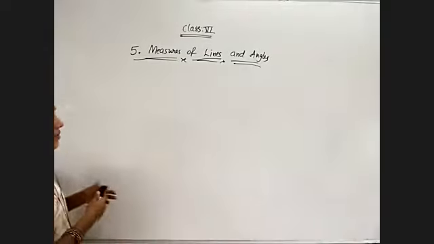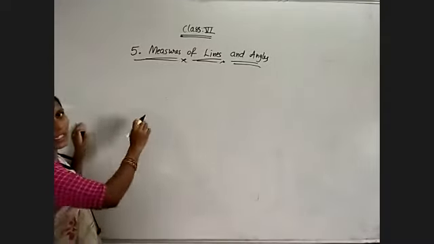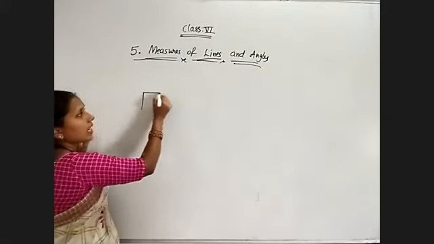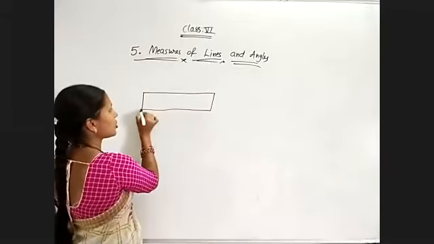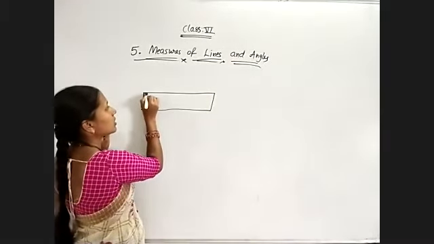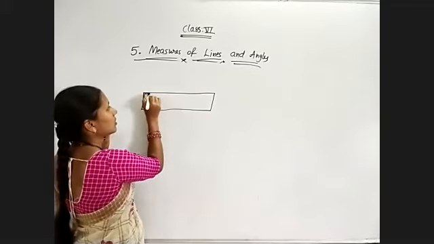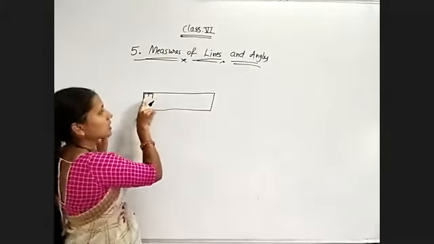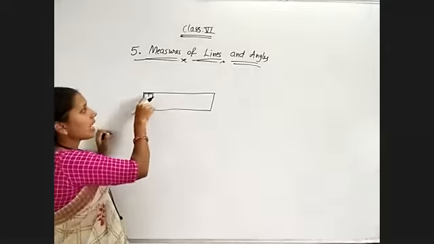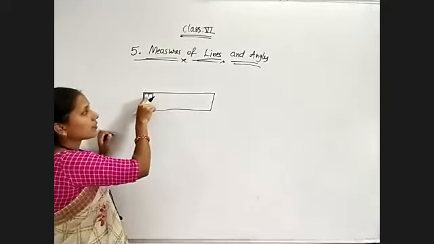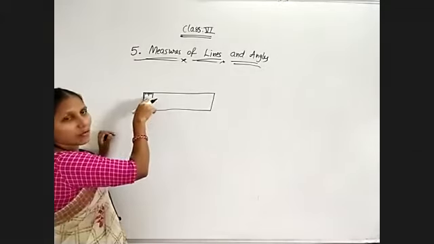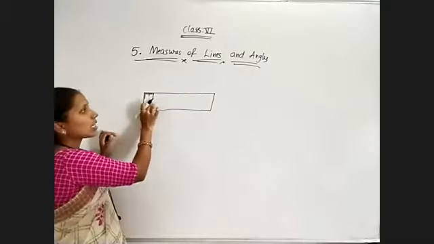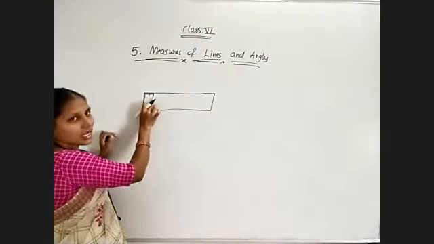So now I'm going to discuss the different instruments we use in the construction of those geometrical shapes. First of all, we have this type of geometrical shape. What will we call it? See, the first line will be a bit longer, and in the middle four smaller ones, and the fifth one somewhat bigger than the remaining four, and again four. So the fifth line will be somewhat the biggest one, and in total 10 smaller lines we will get from one bigger line to the other bigger line.